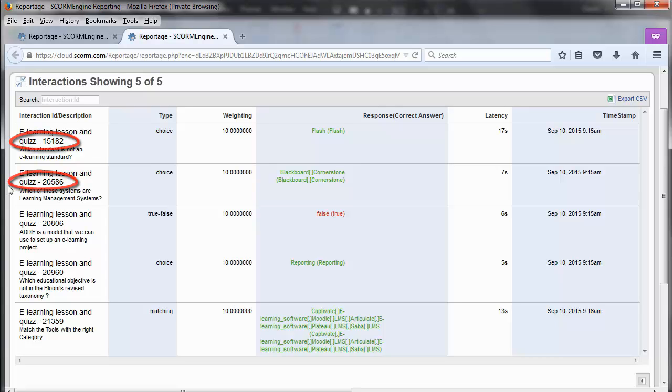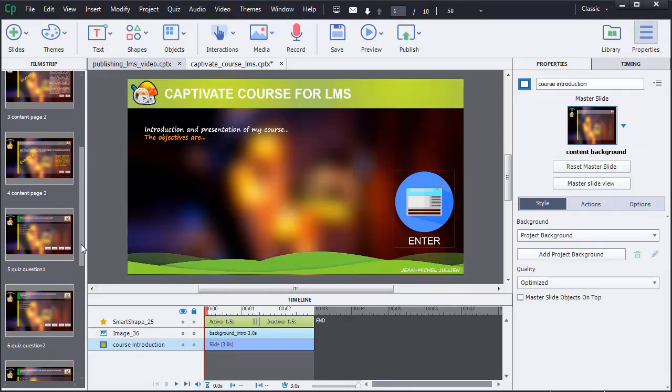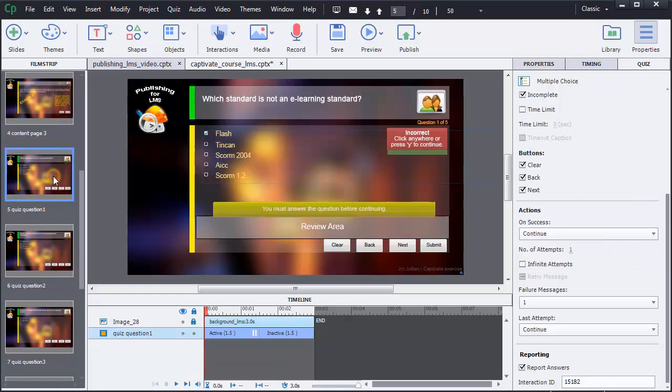If I display Captivate again and select the first question, you can see at the bottom of the quiz panel an interaction ID field with a number. This number is generated by Captivate automatically and is the same we can see in the LMS report next to each question. For example, this one matches to the first question.